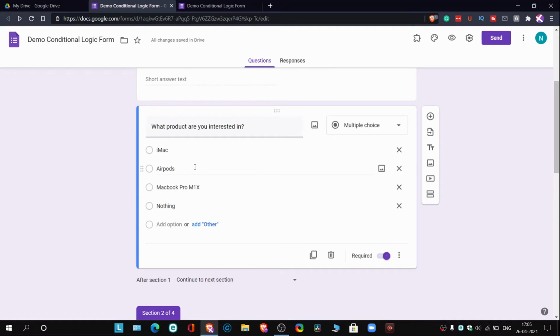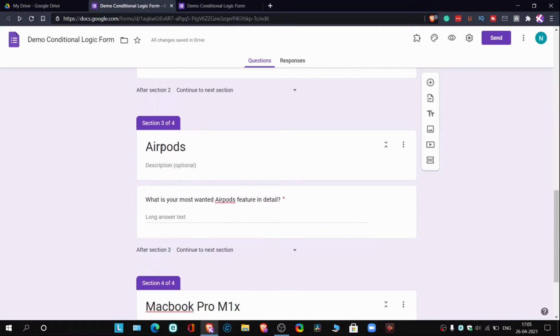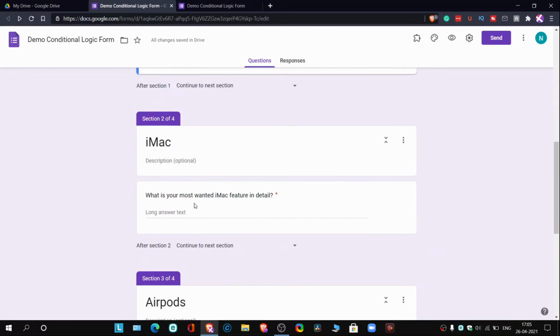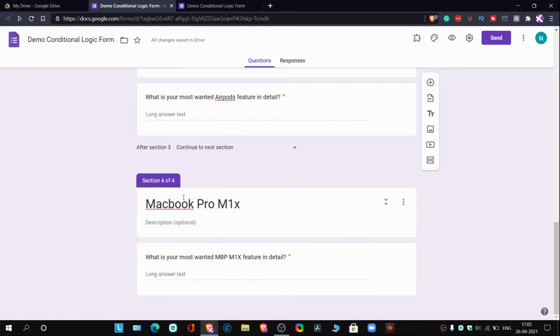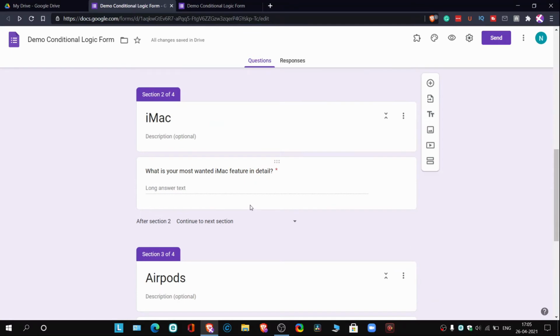For example, for the AirPods, I have created a customized section which asks a customized question called what is your most wanted AirPods feature in detail. For MacBook, I have created another section named MacBook Pro M1X, and I have asked a customized question, what is your most wanted M1X feature in detail.